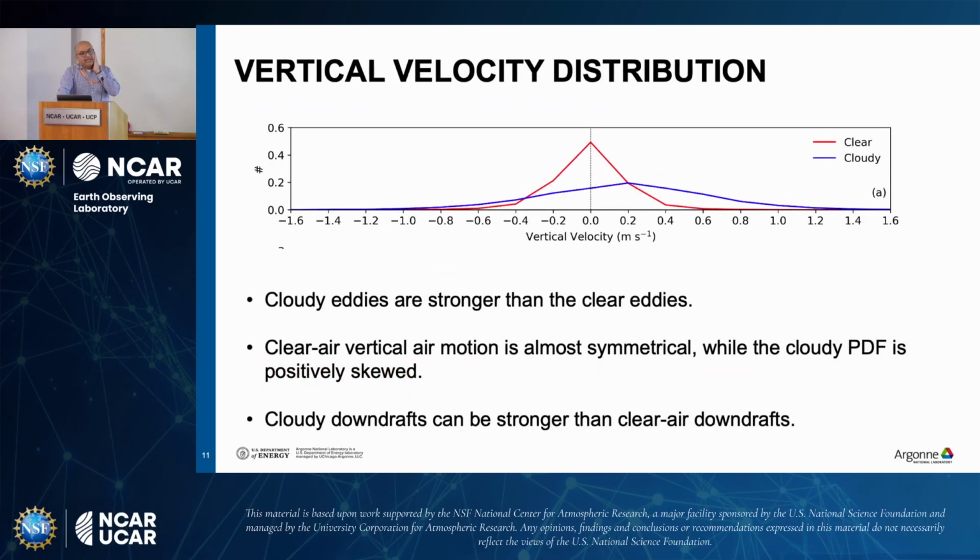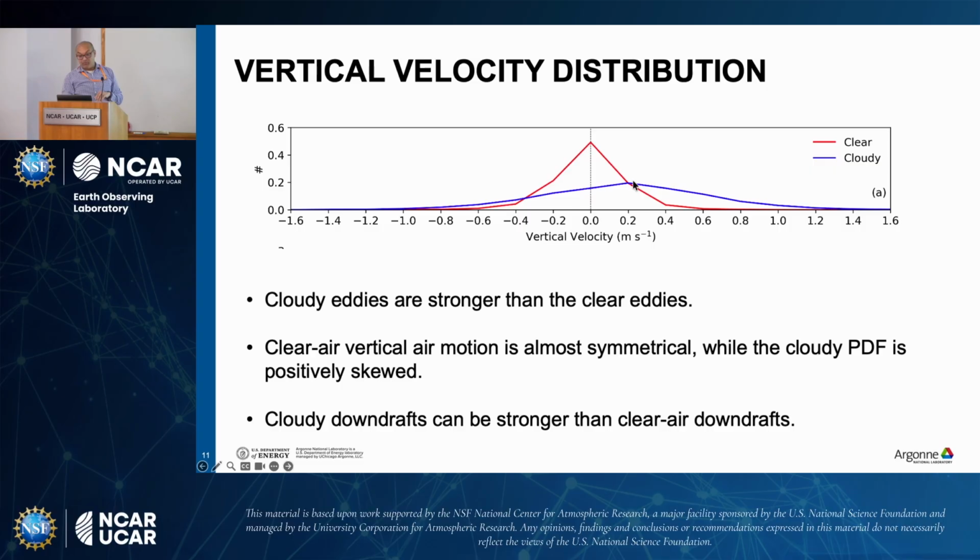We cannot do PDFs of water vapor mixing ratio, but we can do PDFs of vertical velocity because we are capturing turbulent fluctuations in this case. Shown here are PDFs. The x-axis is vertical velocity, and the y-axis is the normalized PDF. One is for clear air samples at the cloud base, and the other is cloudy samples at the mixed layer top. And you can see it's fantastic. The clear air eddies are almost symmetrical, with a standard deviation of about 0.4 and a mean of 0. So the clear air eddies are balancing out the mass.